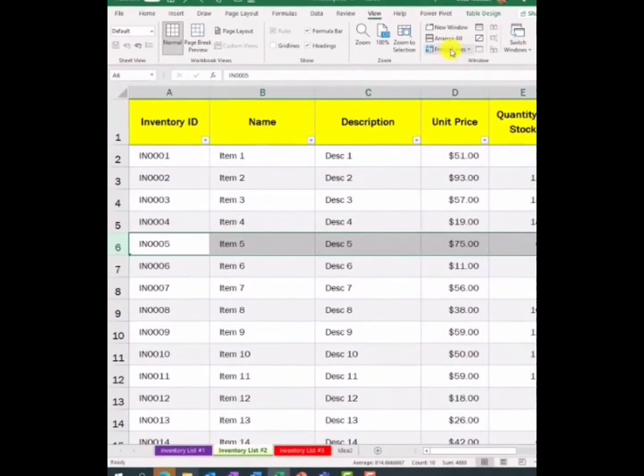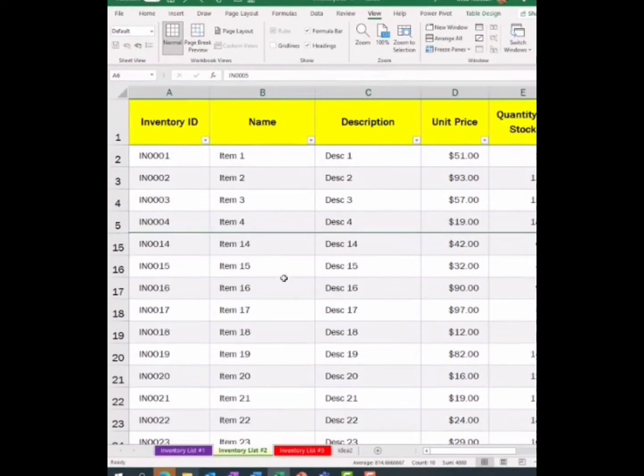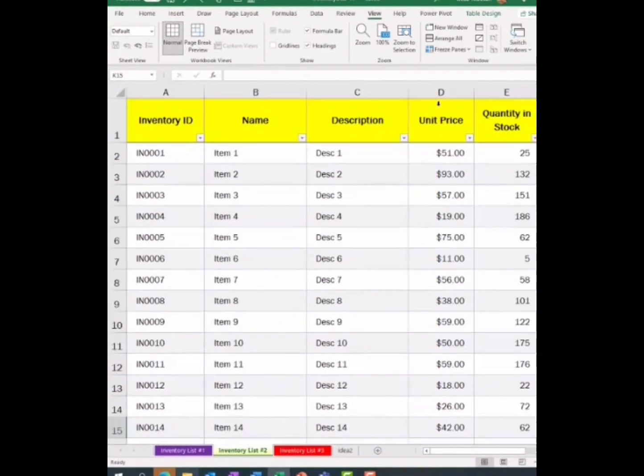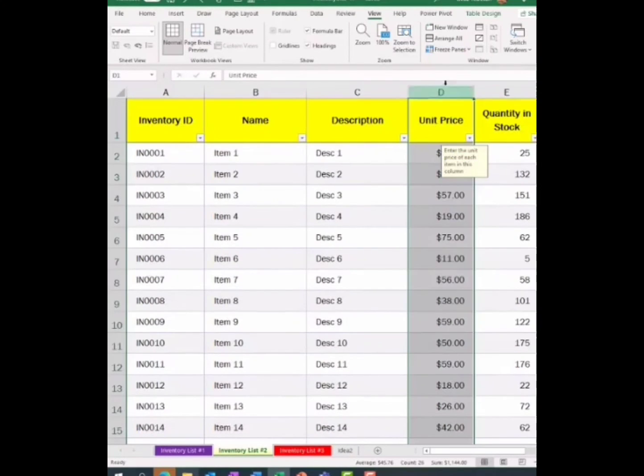I go up here and choose Freeze Panes, Freeze Panes. So now when I scroll, you can see that row 5 stays locked. Same thing with columns. Maybe I want Description, this column C, to be the one that's frozen, so I select D, go Freeze Panes, and say Freeze Panes. Now